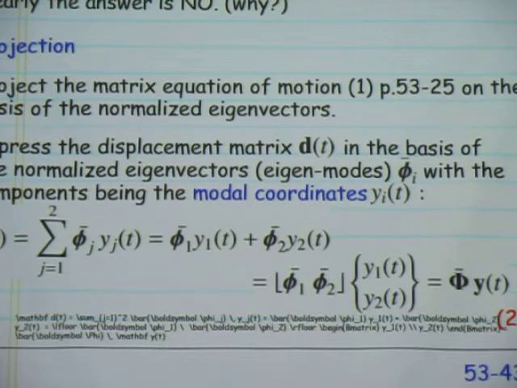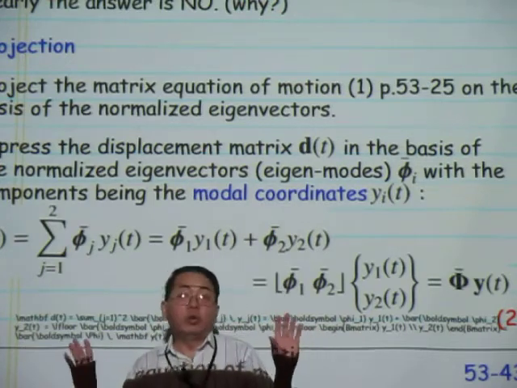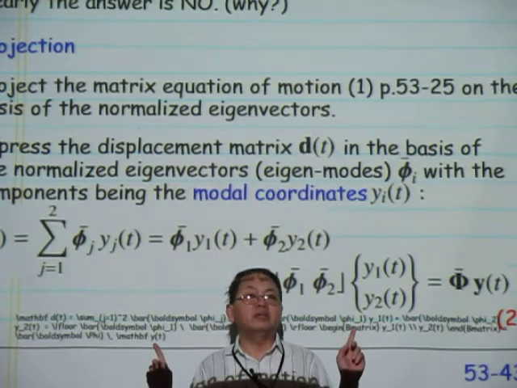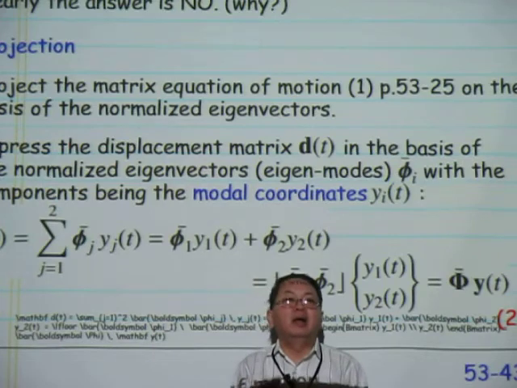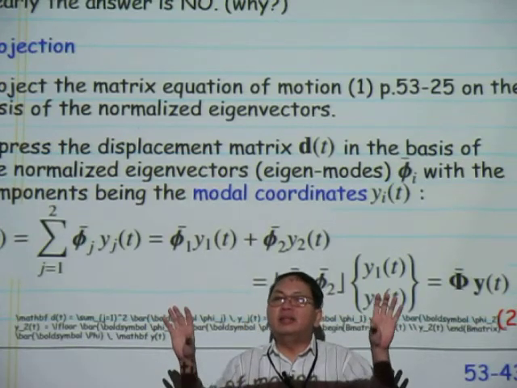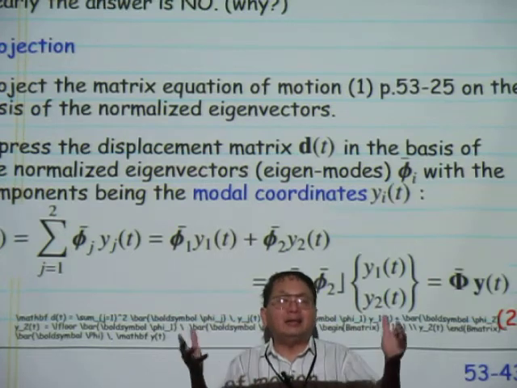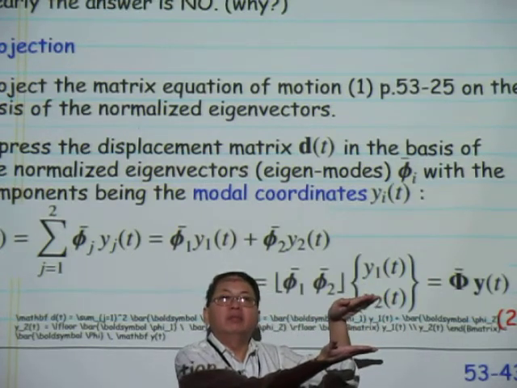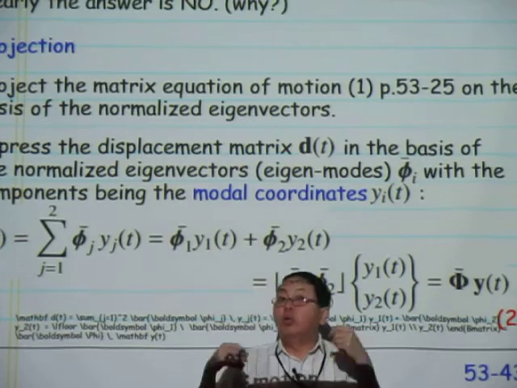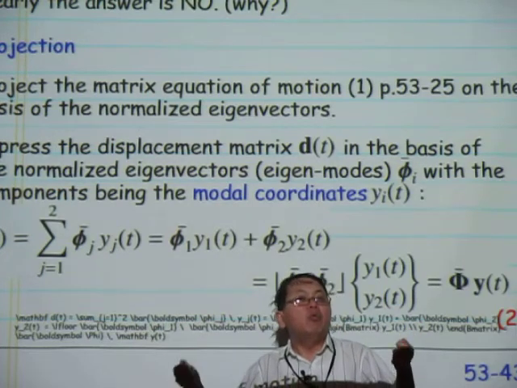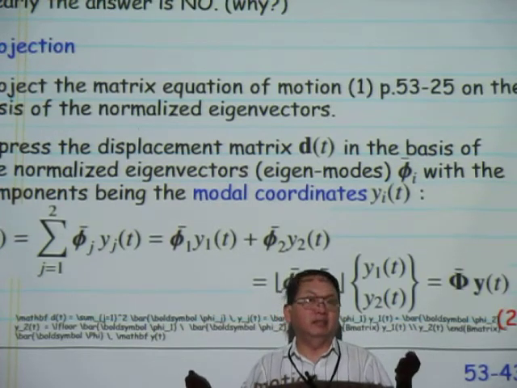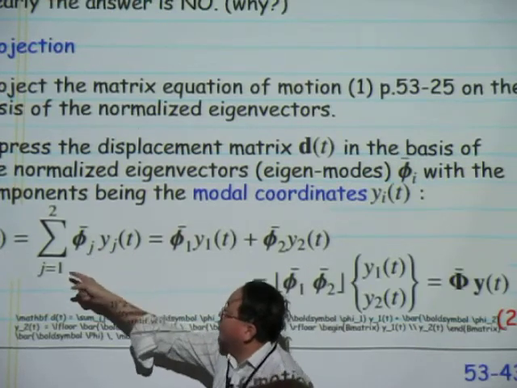All right. So the next step is to obtain. Remember the goal. Our goal is to decouple the equation of motions. But remember, the equation of motions involve the displacement, velocity, and acceleration. So you need to say something about the displacement, right? The displacement in the original coordinates led you to a coupled system of equation of motion. Now you want to express the displacement in the new coordinates, and the new coordinates are with respect to the normalized eigenvectors, okay? So here is how you express a